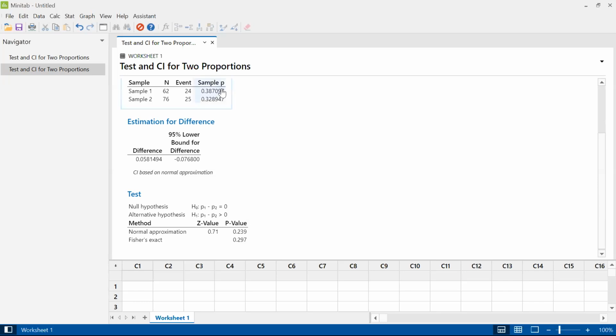And notice that when we do greater than in our alternative hypothesis, the confidence interval that comes out is this sort of one-sided one where we're saying we're 95% confident that it's negative 0.0768 or higher, up to infinity, I guess. So we haven't been using those one-sided confidence intervals, and that's not something I expect you to know. When I say confidence interval, I mean the two-sided one that's symmetric about the sample proportion. Okay, so that's the first example. I plan to just have 3 videos with 3 examples today.